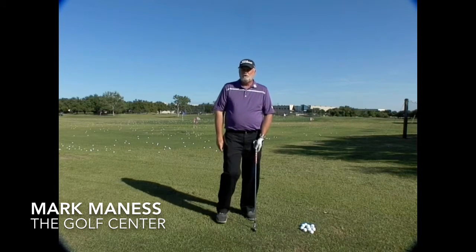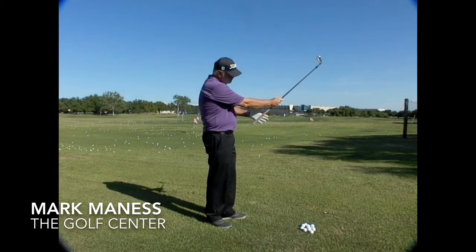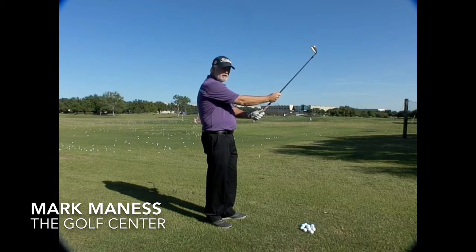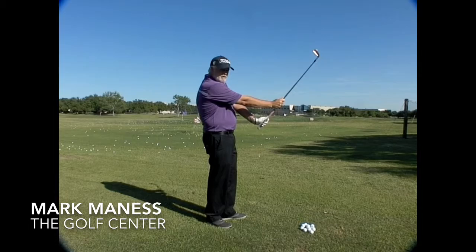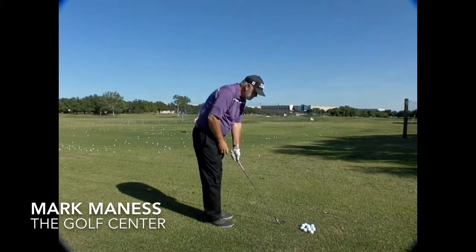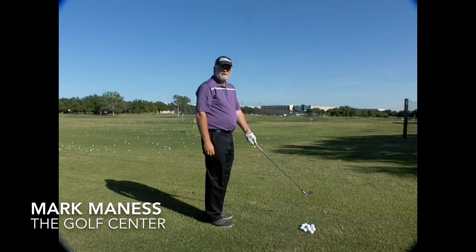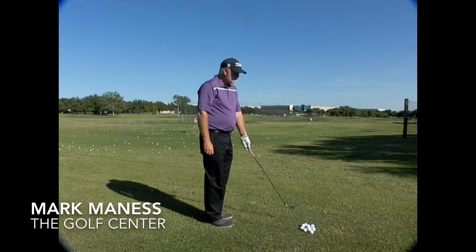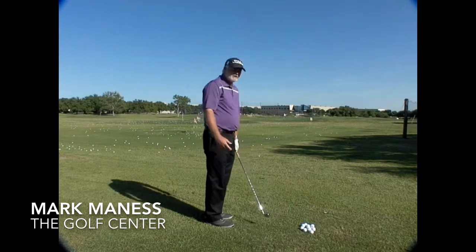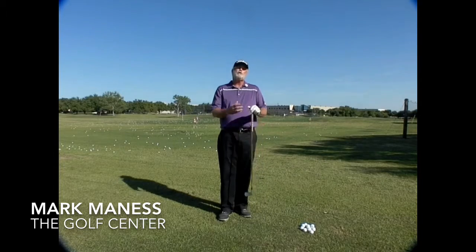One other note: no matter how your hand hangs, as you take your grip, I want you to make sure the grip is down in your fingertips. I don't care if it's rotated over here or rotated over here, it's got to be down in your fingers. Too many people come to the game taking the grip with the club on the ground, which leads us to take the grip in the palm, and it just kills you. You have so little chance to hinge your wrists, which helps create speed, and the club face will never get into the right positions. So take a moment, get in front of a mirror, look at what you're made of,